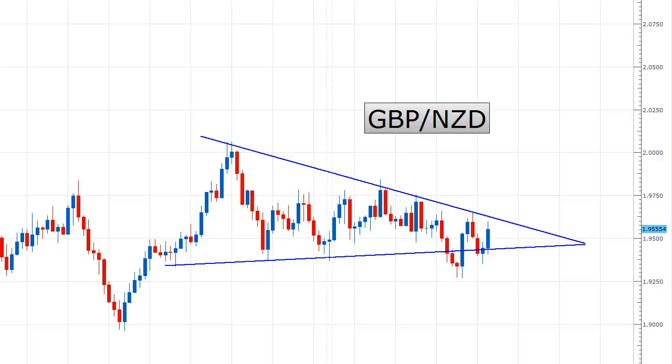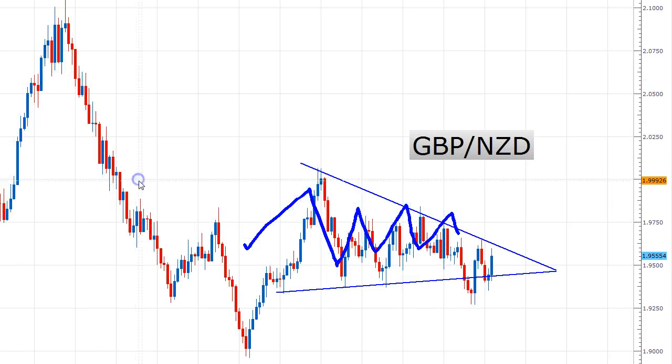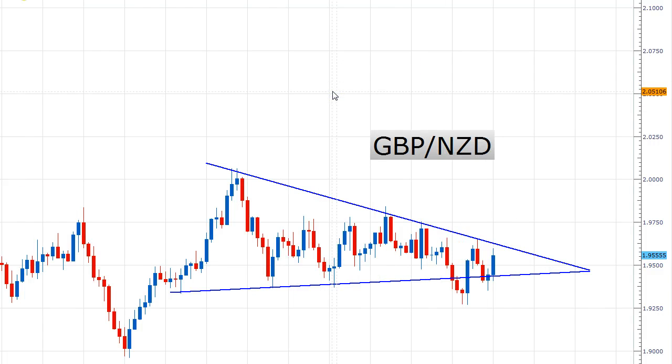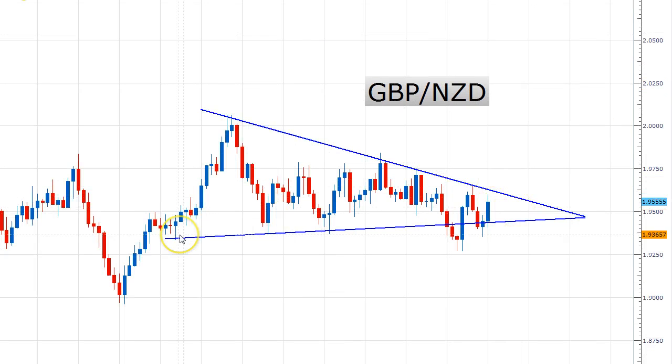We haven't looked at the pound New Zealand a ton lately because of this wedge, because it's just been very consolidated and has not been moving in big runs. Like if I scroll back here, you can see a run like this, which covers multiple thousands of pips, is what we typically like to see in the pound New Zealand. But lately it hasn't done that, so we haven't looked at it as much. But you never know, it might break out and begin to do that any time here, and this would pretty much be a golden opportunity for it to do that based on the wedge right in front of us.